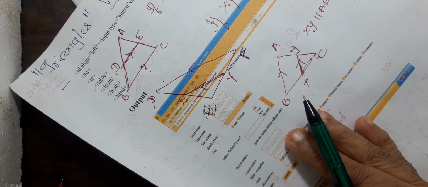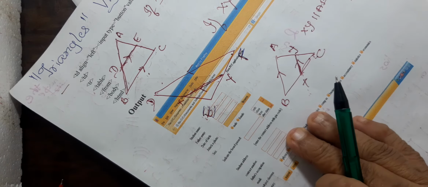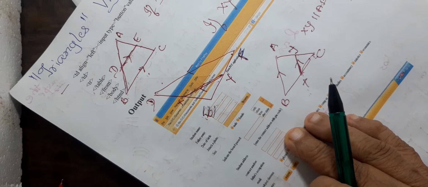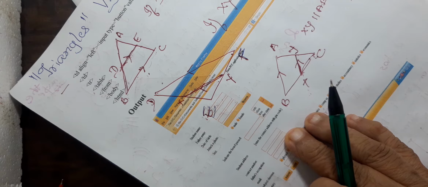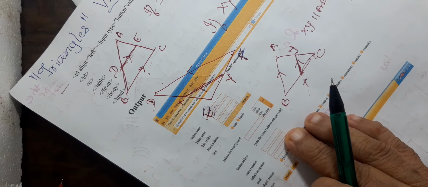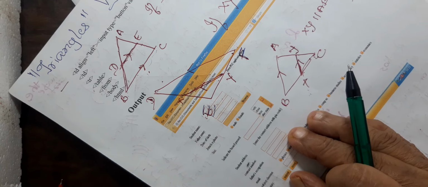distinct points. In the textbook, I had told you how they have given the definition, and I had explained this. If a line is drawn parallel to one side of a triangle to intersect the other two sides in distinct points, the other two sides are divided in the same ratio. While explaining, I had told you that for any side, three sides are there.